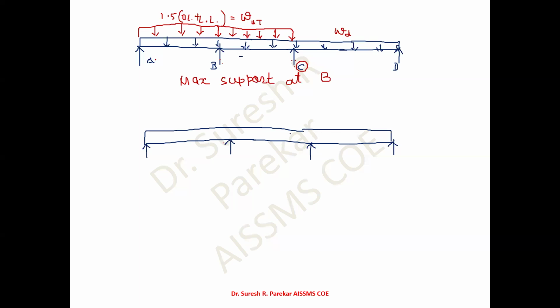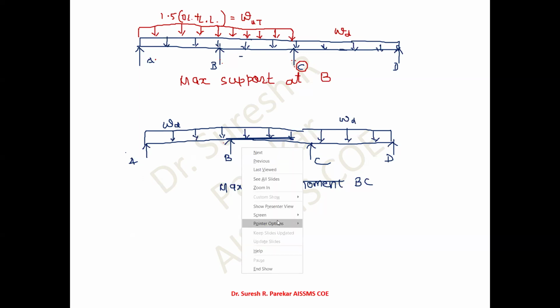we are on this page. So suppose this is A, B, C, D. Now if I have to go for maximum span moment BC, then on this we have only WD, dead load. Here also we have WD. And on this span where we are interested in the maximum value, then we have